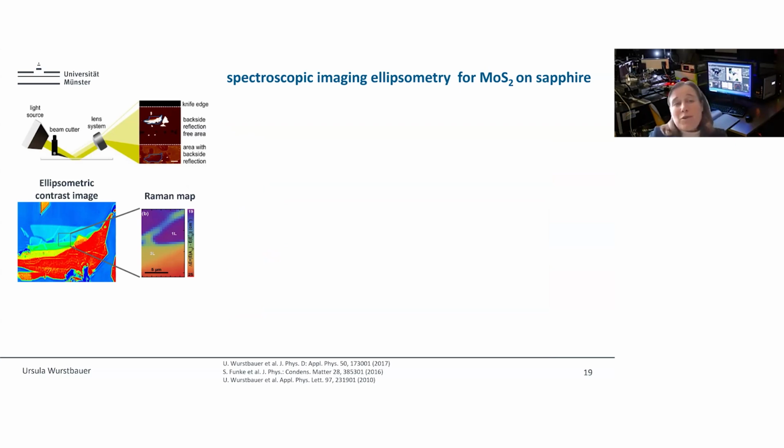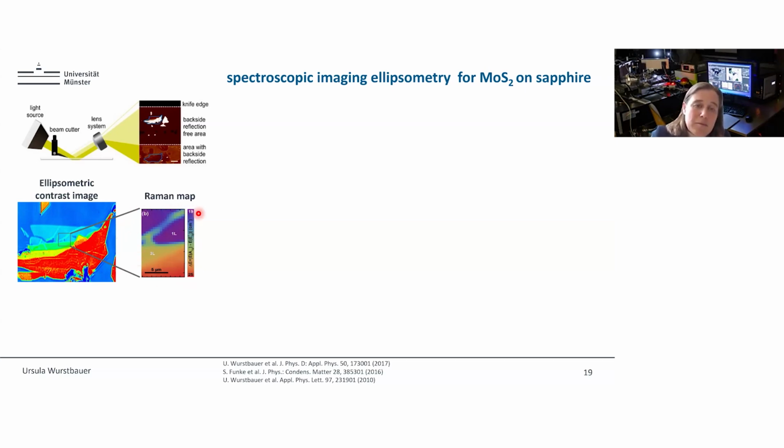And from that point of view, we got started with ellipsometry, where first we did an ellipsometric contrast image. So here seeing just the intensity ratio, or contrast, between substrate and monolayer flake, trilayer, and multilayer part,